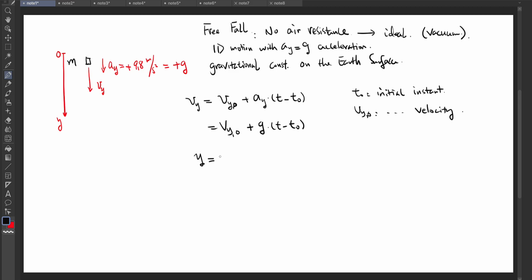So the y position will be the initial position plus the contribution of this Vy naught term and plus the quadratic contribution from the Ay term. In this case, when we set the y-axis to be downward, we have y naught plus Vy naught times t minus t naught, and then plus 1/2 g